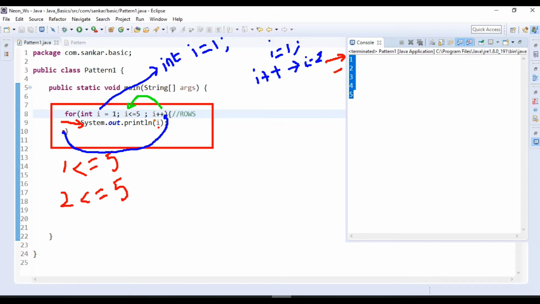Again, what will happen at the end of the for loop? It will increment. Now tell me what is the i value? Now the i value is 2. Once we do increment, the i value becomes 3. Am I right or wrong? Before, the i value was 2. Once we increment, the i value becomes 3. So then it will check the condition. What condition?